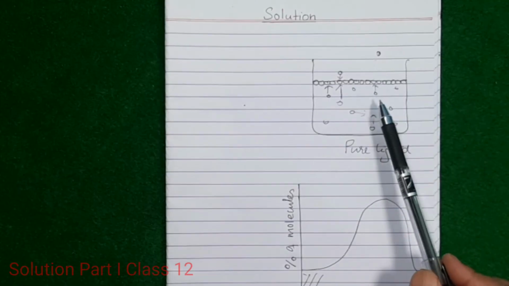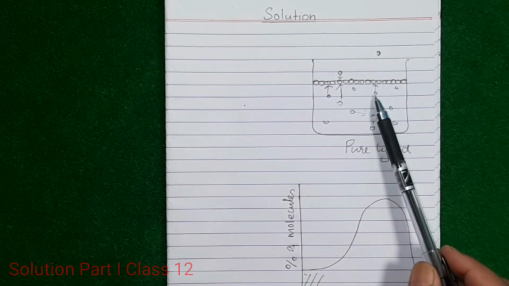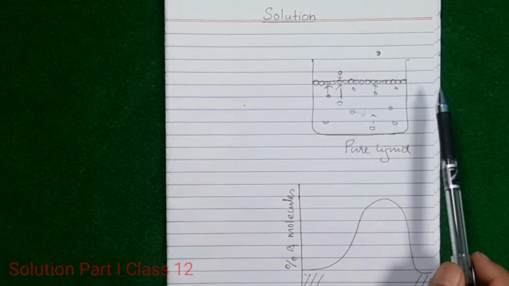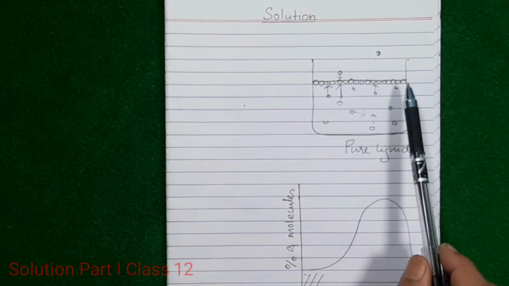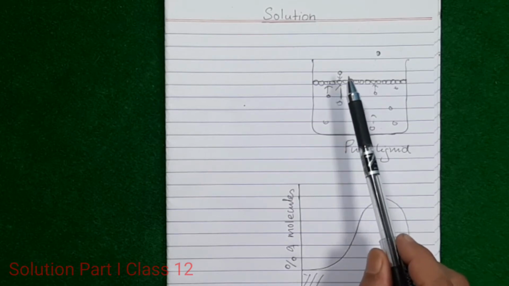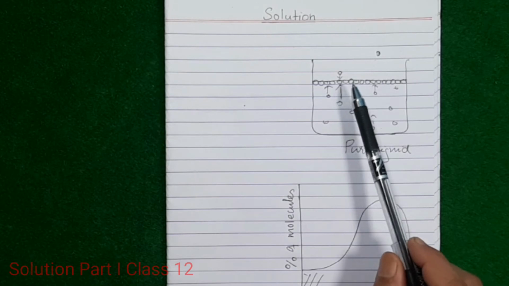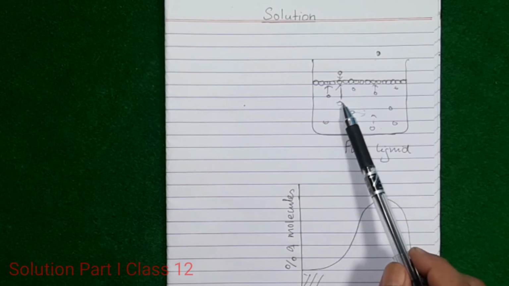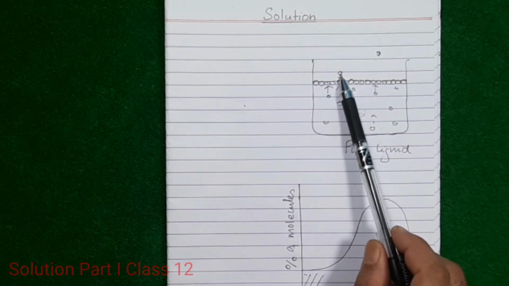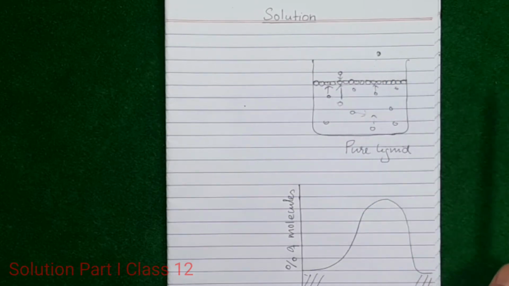If molecules of a liquid are moving randomly, naturally they collide with one another, and sometimes they go and hit a molecule on the surface. Even on the surface of this liquid, which is exposed to the air above it, there are liquid molecules. If a molecule from the bulk strikes a surface molecule, the surface molecule will be knocked off. But if the impact is not strong enough, because the striking molecule is not moving with high velocity, then the molecule will be pushed a little upward, but because of the intermolecular force of attraction it will be drawn back, so it will fail to evaporate, it will fail to escape.